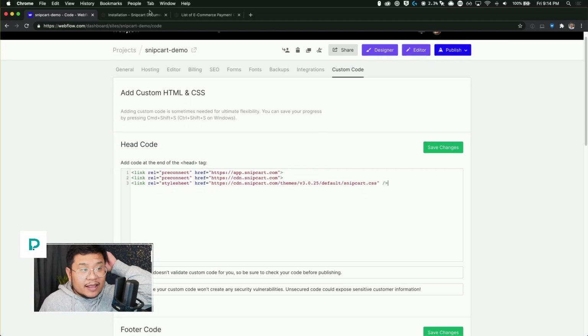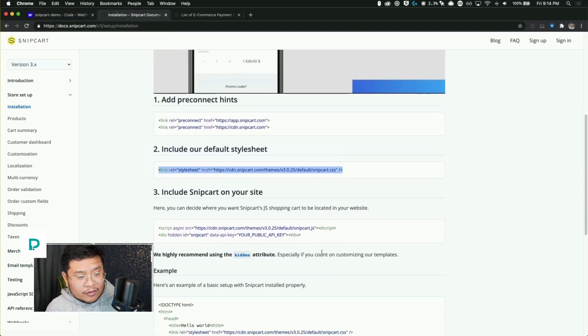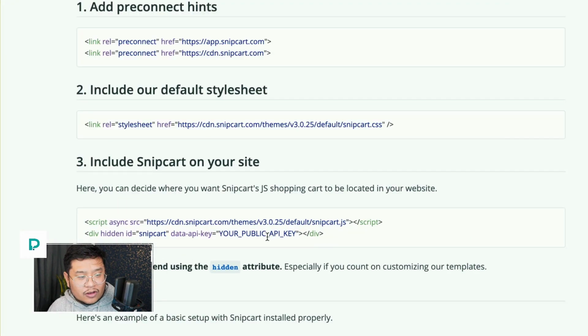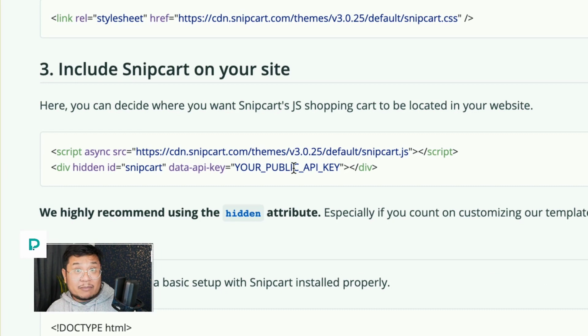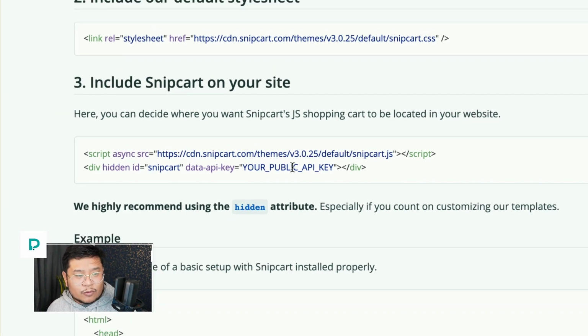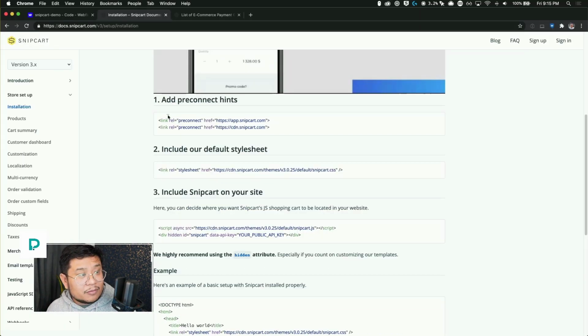Step two is these two lines right here. So this is getting the Snipcart magical JavaScript that makes all the things happen. And that second line right here, your public API key. This is where the JavaScript, I'm guessing, will say, hey, whose Snipcart account are we referencing? And so that's where your public API key comes into play.